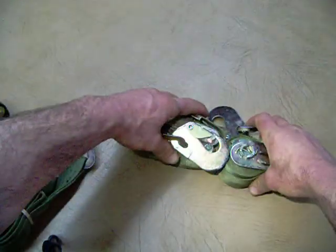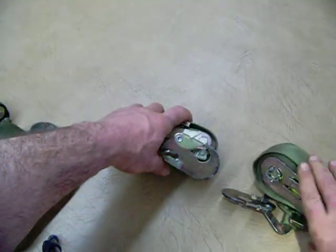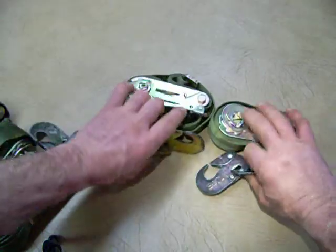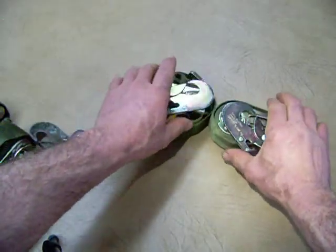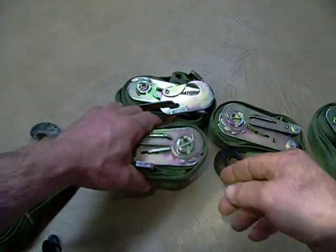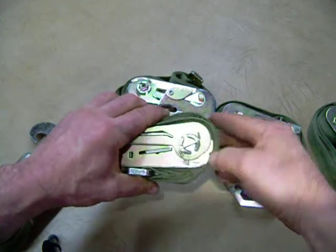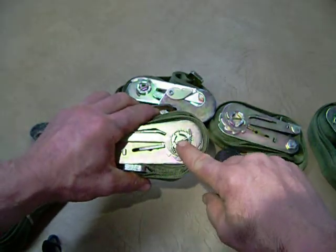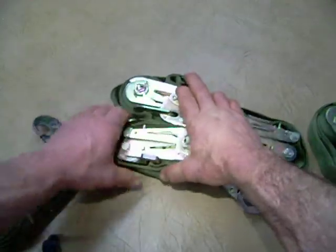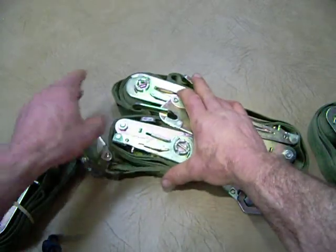So what I end up doing is putting them in the box end to end like this, and of course the hooks are going to fall out of position, but then swapping ends. So we've got the wide axle part on one side, and over here the wide axle part over here. Swap ends. Oh, and the other thing is on the bottom,